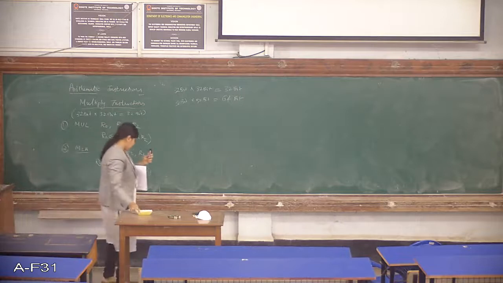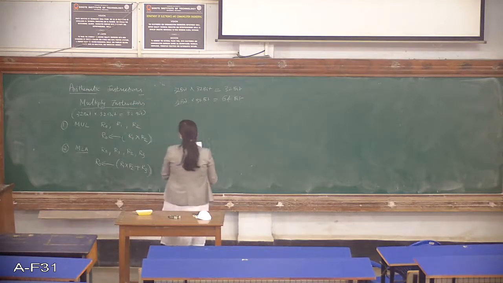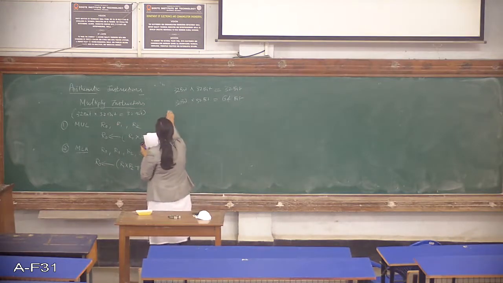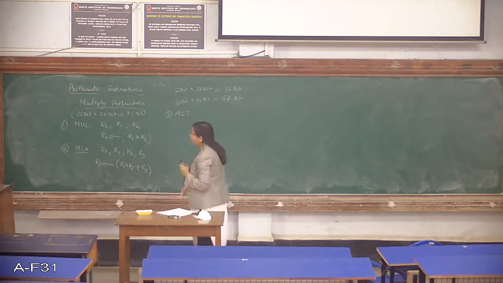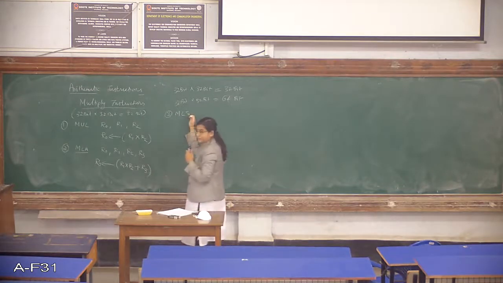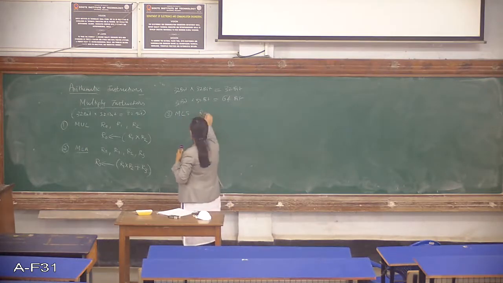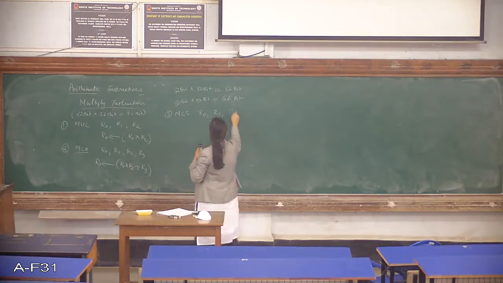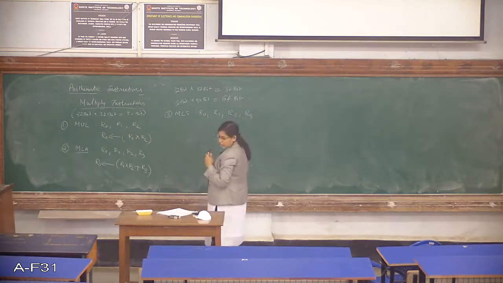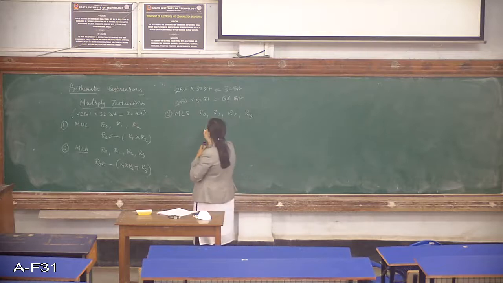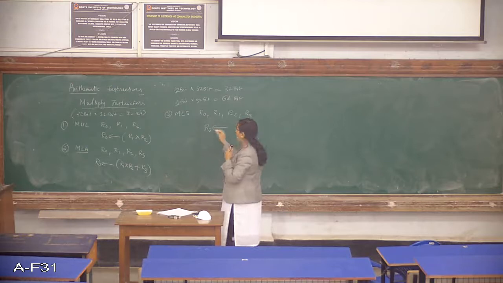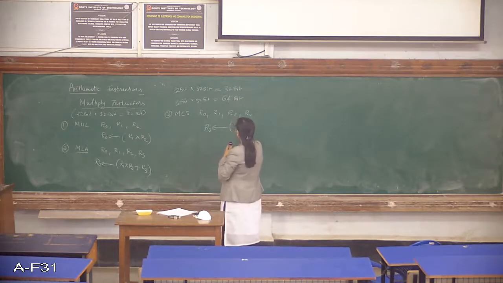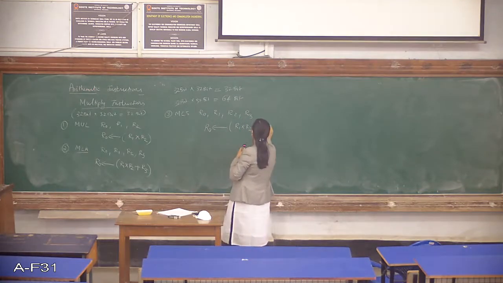So next we have one more instruction, which is MLS. MLS stands for multiply and subtract. Again we have this as R0, R1, comma, R2, comma, R3. What exactly we are doing here is, R0 is a destination register where you will have the result of R1 multiplied by R2 minus R3.